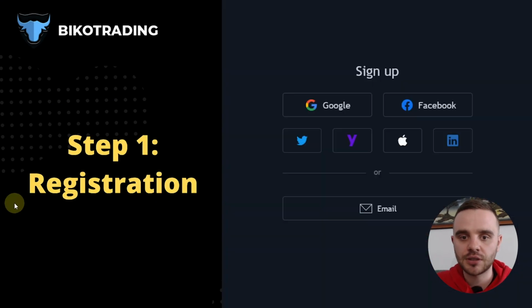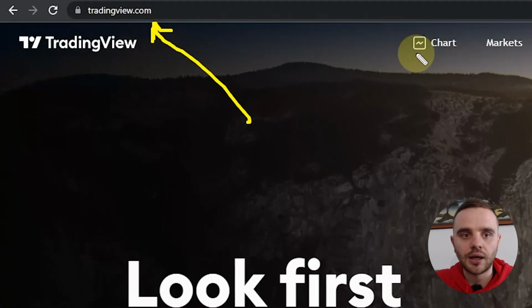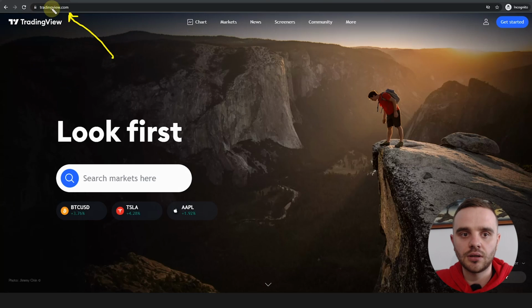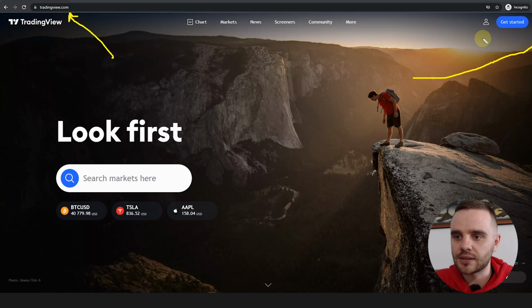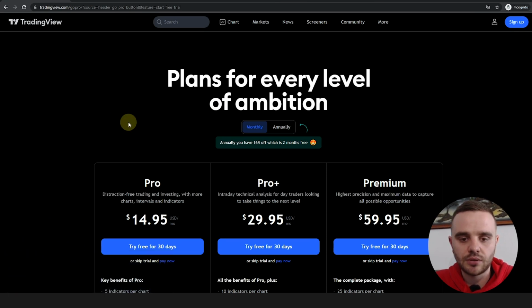First step, of course, is to open an account. What do you do? Really simple. You go to tradingview.com and you open an account here, and you will have this main page. Remember, the main page could change, but you will find something like sign up, get started. It's really simple. That's why what you do, push on get started. They move you, accept website uses cookies, accept it. They will move you to a page